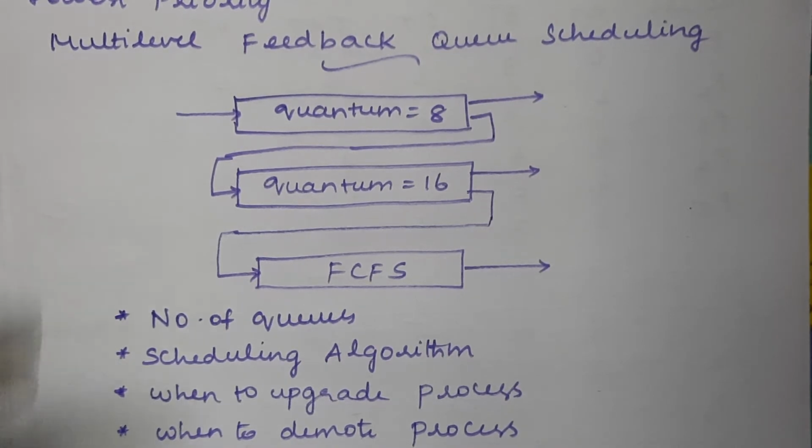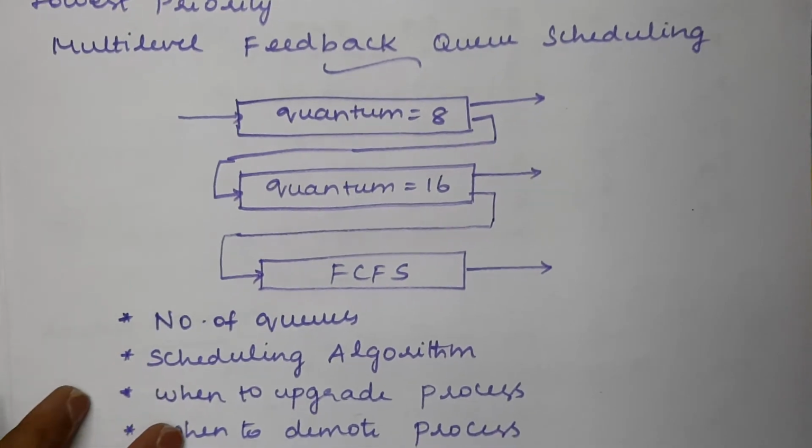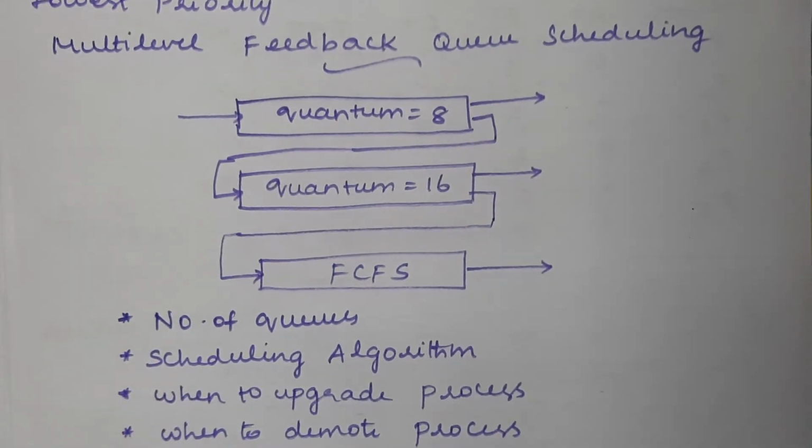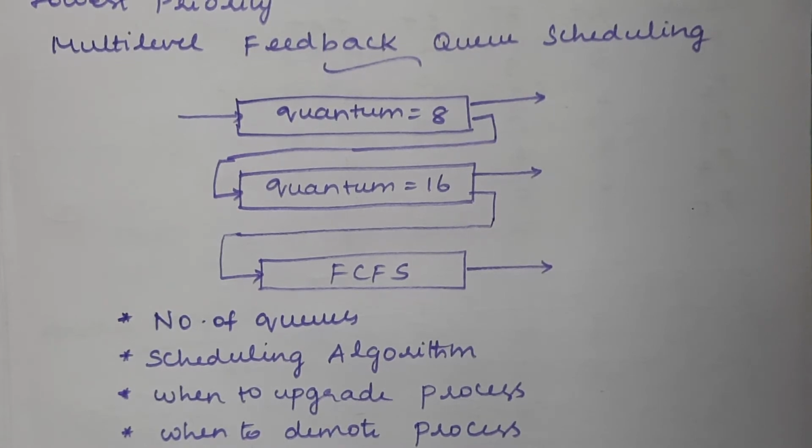Whichever process enters into that particular level will be scheduled initially. That is what FCFS is, and it is non-preemptive, right? So only the higher priority process will be executed initially. After the completion of all the higher priority processes, only then can the low priority process be scheduled. This is the concept of multi-level queue scheduling.